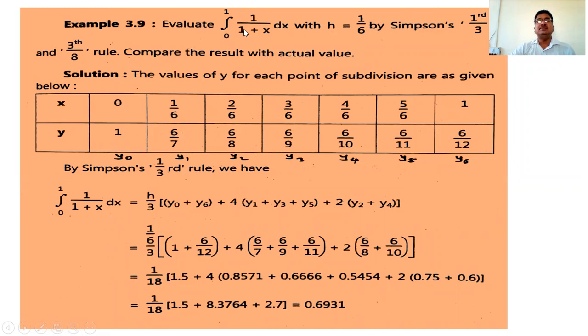So we find this answer of this problem with the correct answer of this problem. So by using the standard rules, integration of 1 by 1 plus x is log 1 plus x, and then the value is what? Upper limit value minus lower limit value, that is log 2 minus log 1, and then substitute the value of log 2 and log 1 by using calculator, by using ln, and find the actual answer, and we can compare these 3 answers.